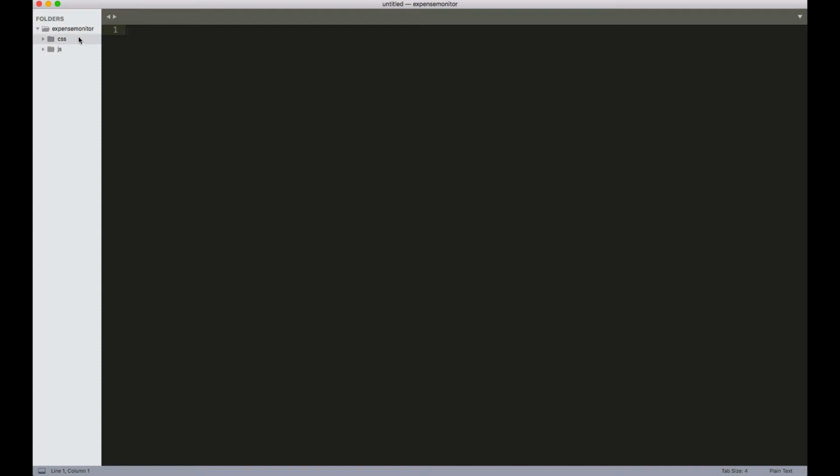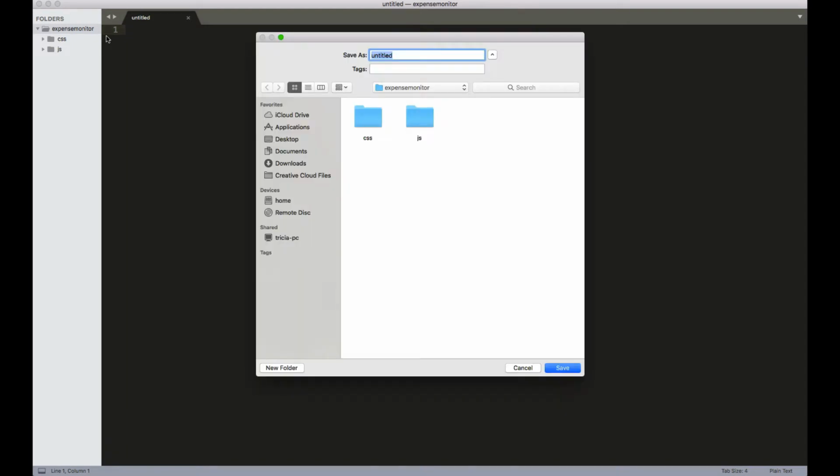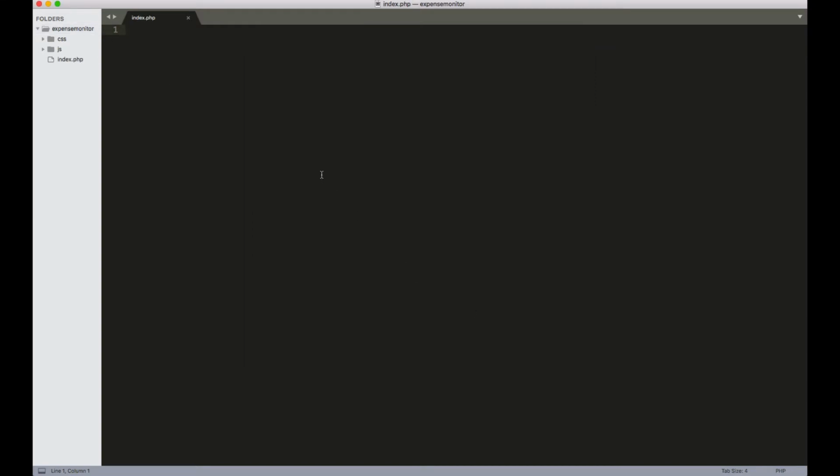So let's begin by creating our index page. I'm using a Mac, so I've clicked Command S, then it has brought me this, so I'm going to save this as index.php. So in the index.php, we're going to push in HTML. So this, we're going to just say expense monitor,